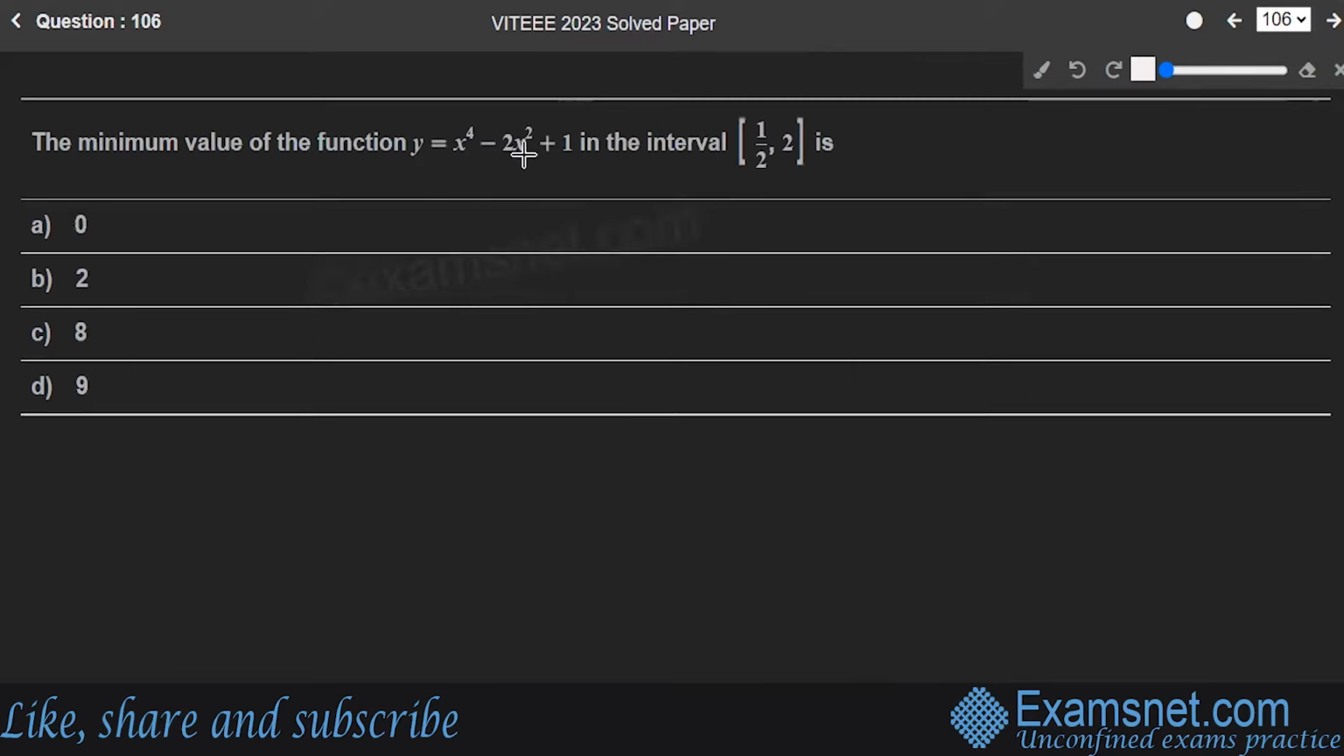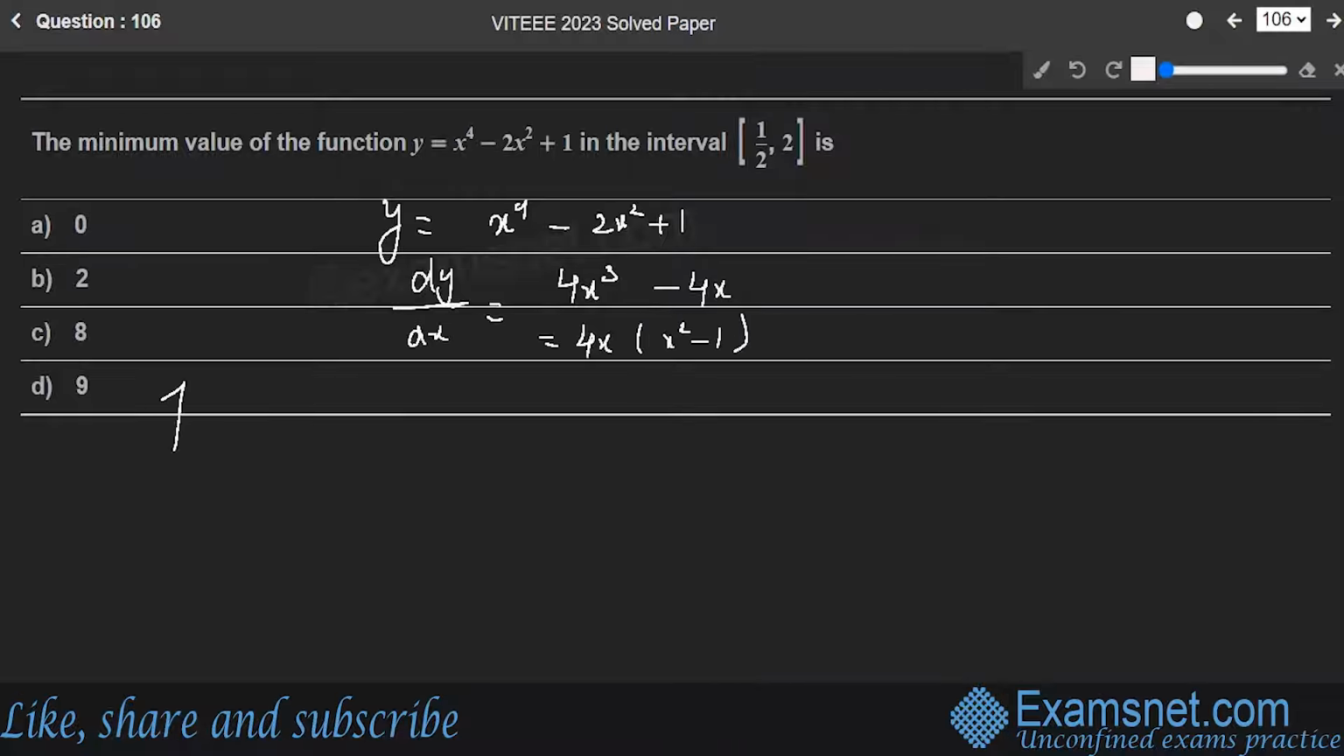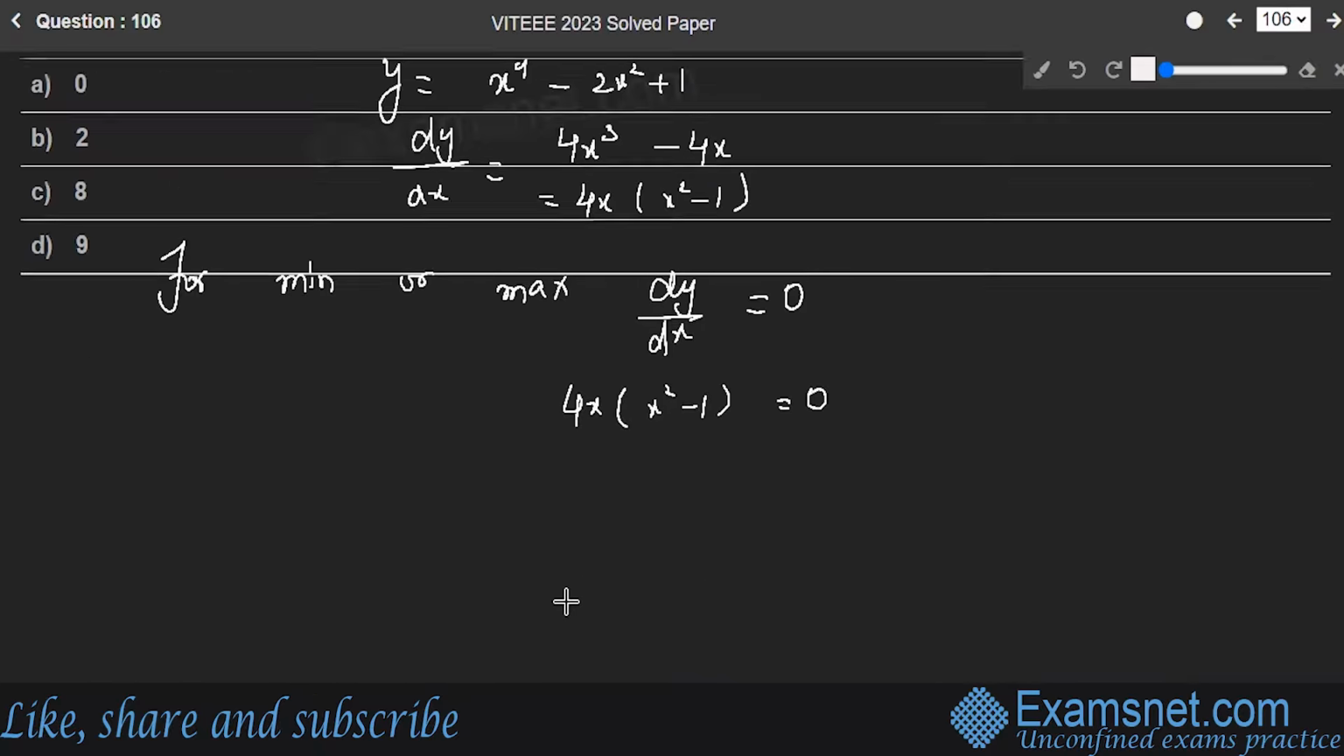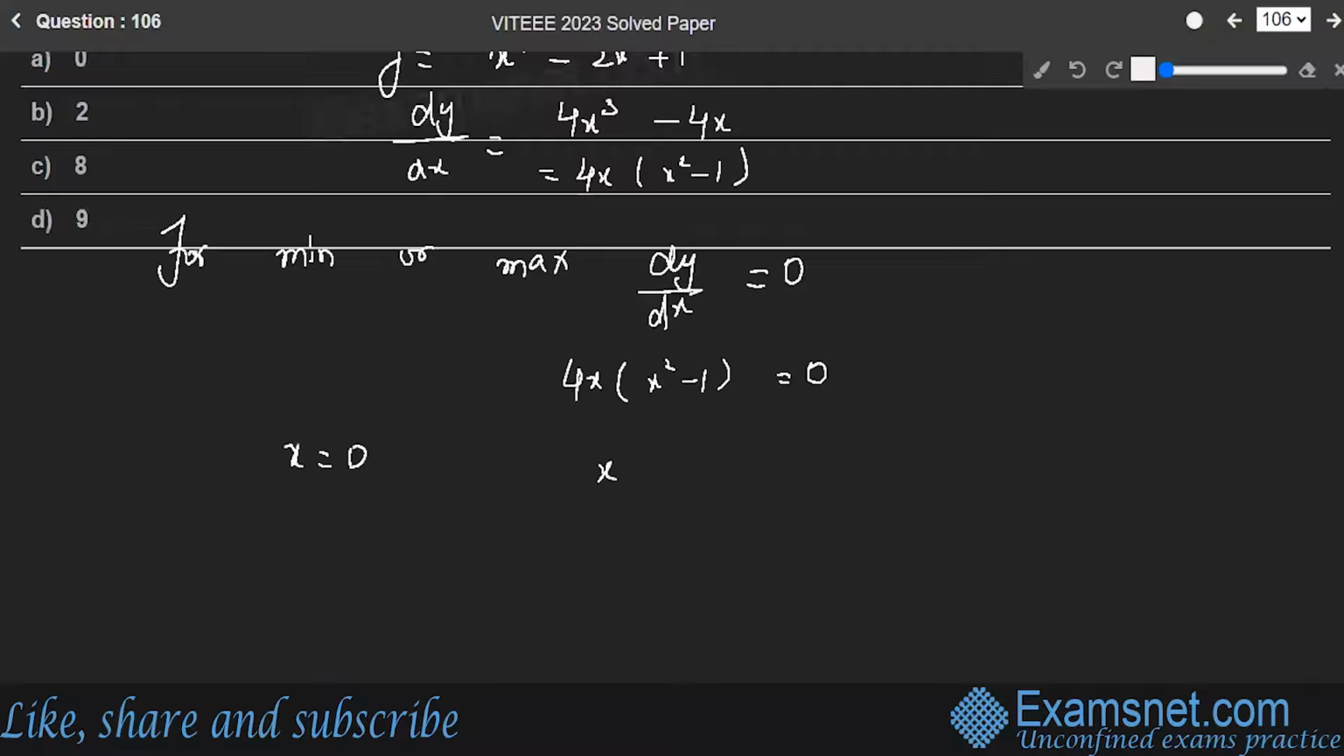The minimum value of the function y is equal to x raised to power 4 minus 2x squared plus 1 in this interval is. So you are given the function y is equal to x raised to power 4 minus 2x squared plus 1. Let's differentiate it with respect to x. You have 4x raised to power 3 minus 4x plus 0. So let's take 4x common. You have x square minus 1. Now, for minimum or maximum value, you have dy by dx is equal to 0, which gives you 4x into x square minus 1 is equal to 0, which simply means that either x is equal to 0 or